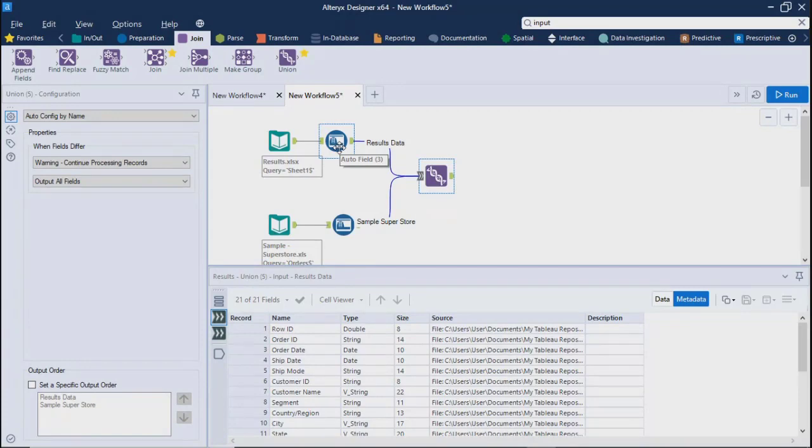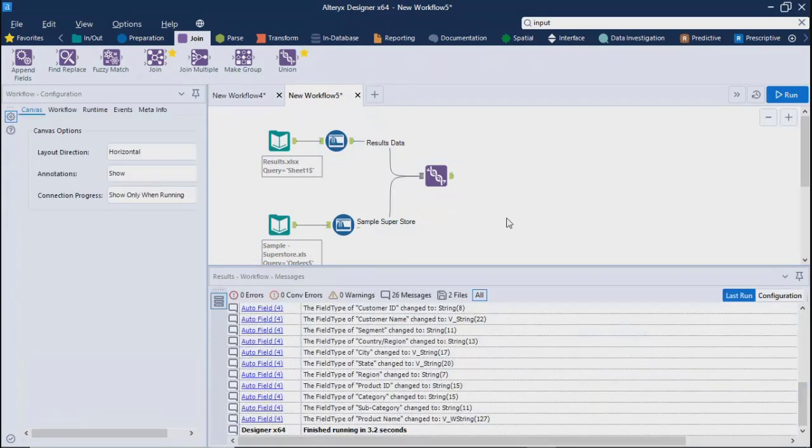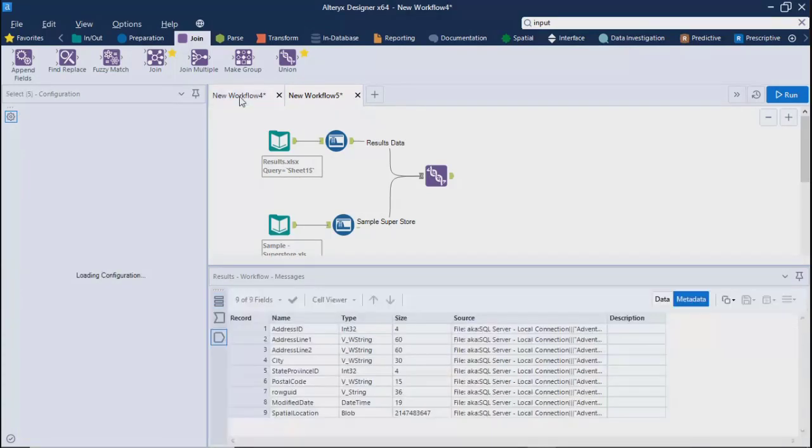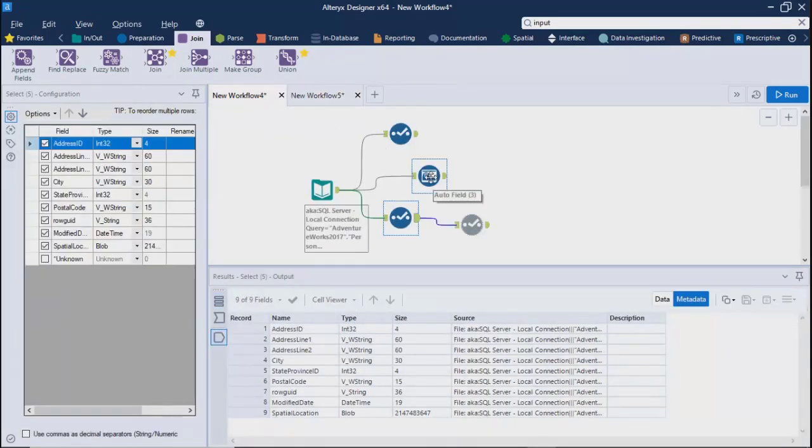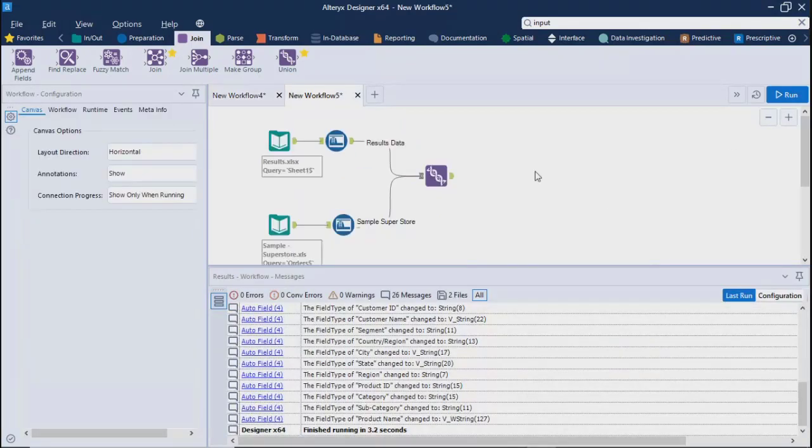Similarly, in SSIS, we are using the data conversion. It's like that? Exactly. So data conversion is 100% same as your select component, what we used earlier. While we are transferring our data from Excel to SQL, we are using the data conversion, so there is no mismatch. Similarly, here it's Autofield. Correct. Okay, got it.